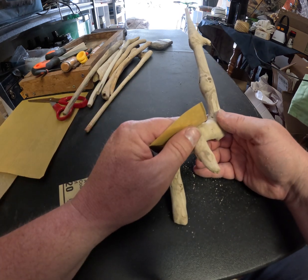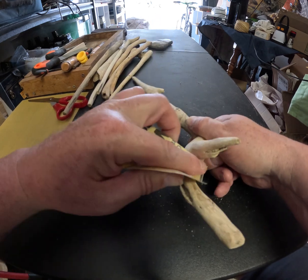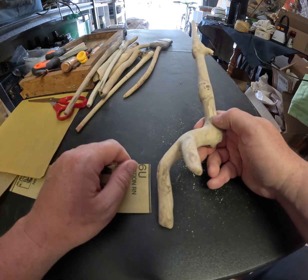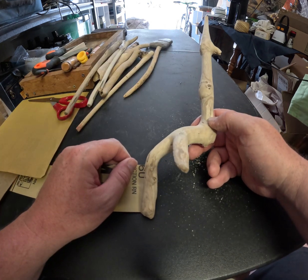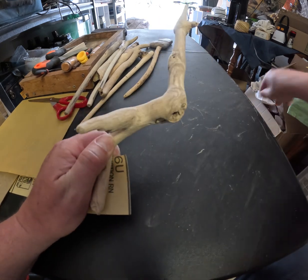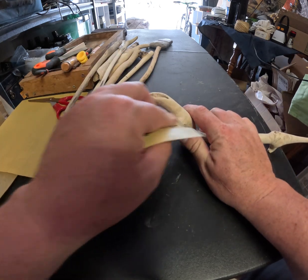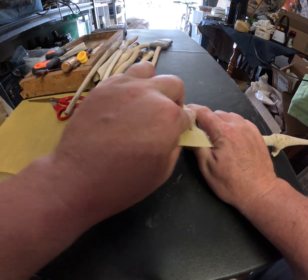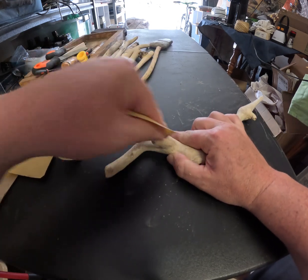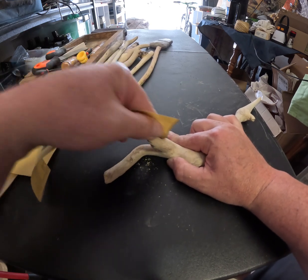Oh crap, I forgot what I was going to say. Anyway, I wasn't sure. When I grabbed this piece of wand, I thought it was just going to be a carving practice, if I'm being quite frank. But the thing is, it may have been, but once I started seeing different animal shapes in it, reminiscent shapes of animals,